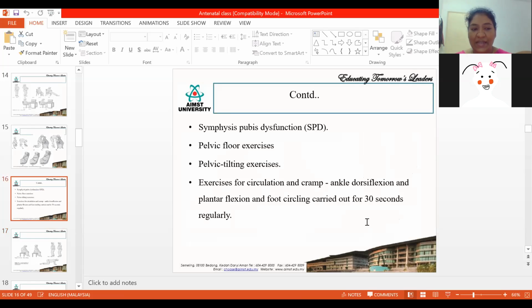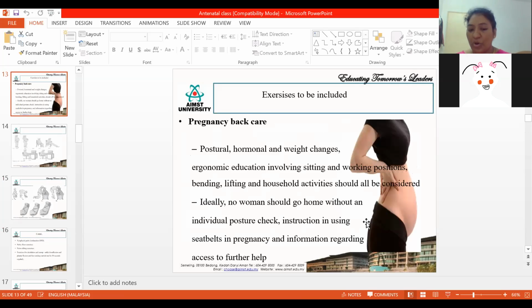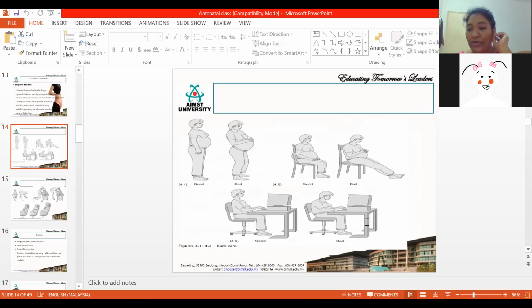Then next, you need to teach them about posture. In case they have back pain, you can give them a good posture correction. You can give them a belt and other things. Along with that, you have to teach them the ergonomics. So ergonomics means